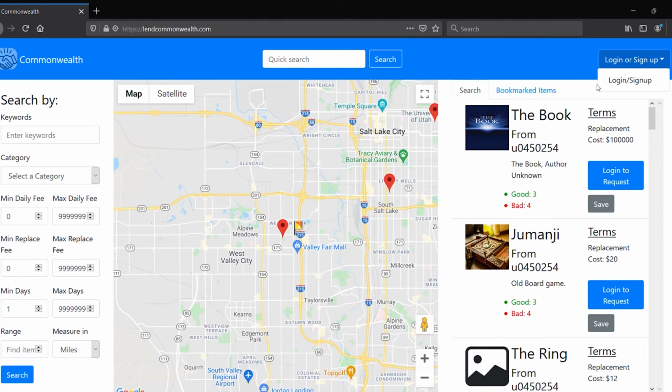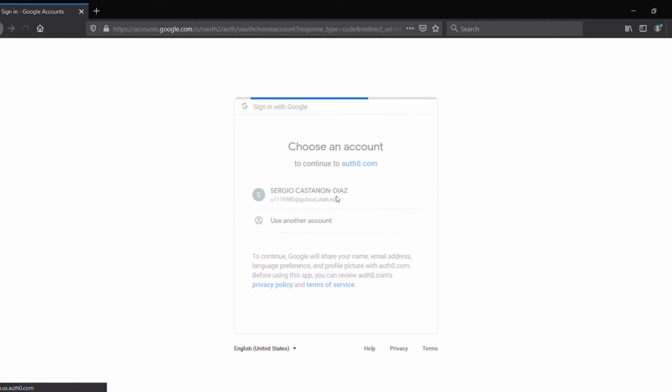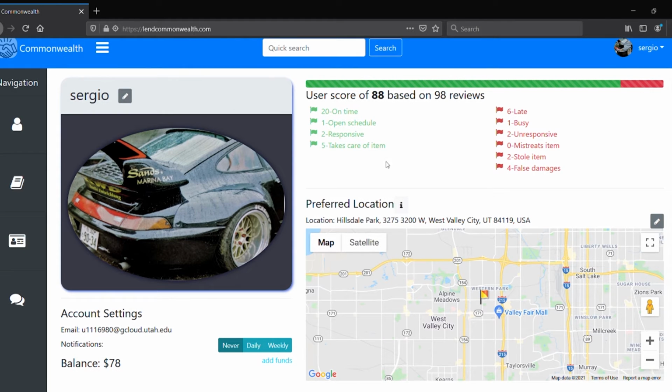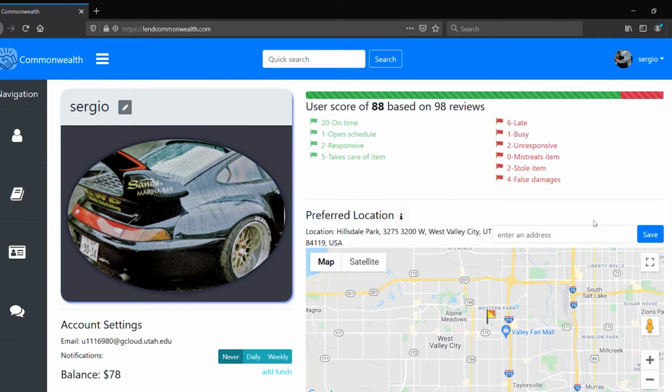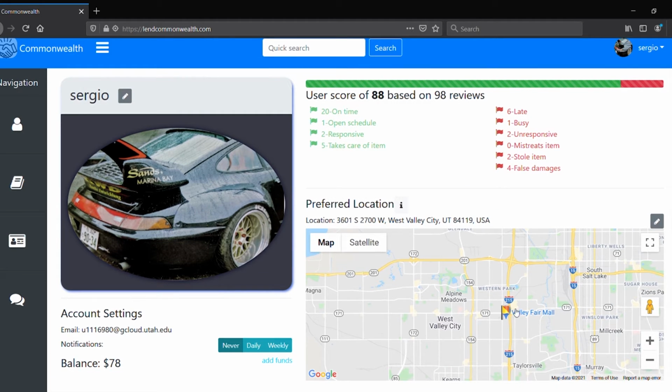Here we have our landing page where we have our sign on, and we actually used Auth0 for that. So that was just a quick login there. And on the profile page, we actually see we have a profile picture. You can edit the name. You can also edit your preferred location. Here we're changing it to Valley Fair Mall. And apart from that, you can also see your peer review score, as well as the email associated with